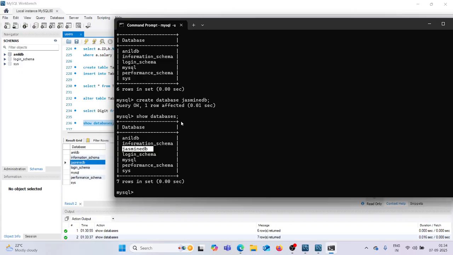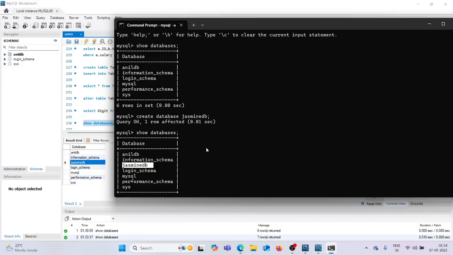Whenever we get into our database, first we check show databases to see the existing databases, and then create any new database. One was show databases for existing databases, which gave the output. The second one was new database creation, for which we type create database and then the database name. Two things we did in MySQL Workbench as well as in the MySQL shell.